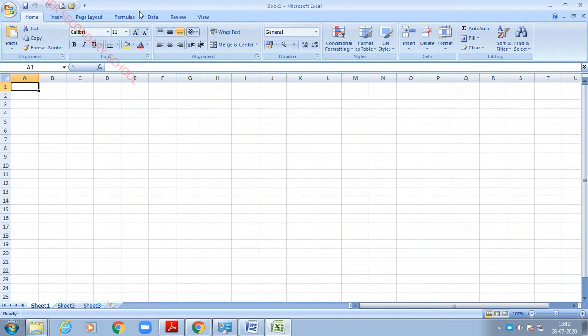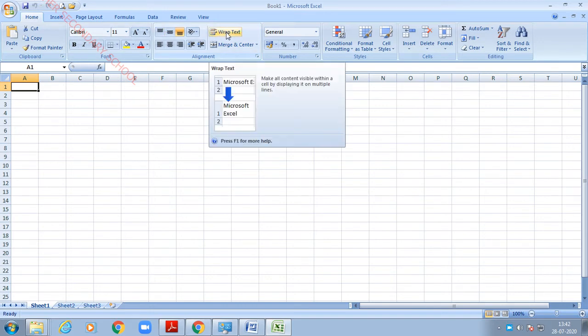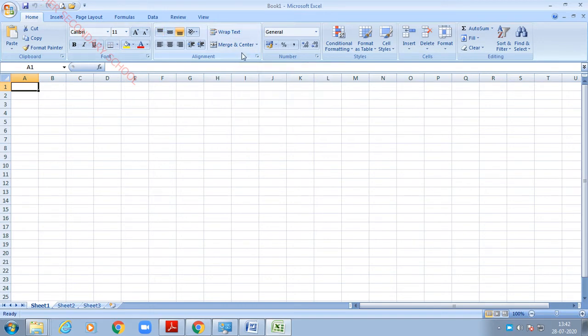After the title bar, we have a menu bar. After the menu bar, we have a standard toolbar. After the standard toolbar, we have a formatting toolbar. All these tools we have already discussed in MS Word. Similarly, this MS Excel also has the same menus. Here we have a dialog box launcher.